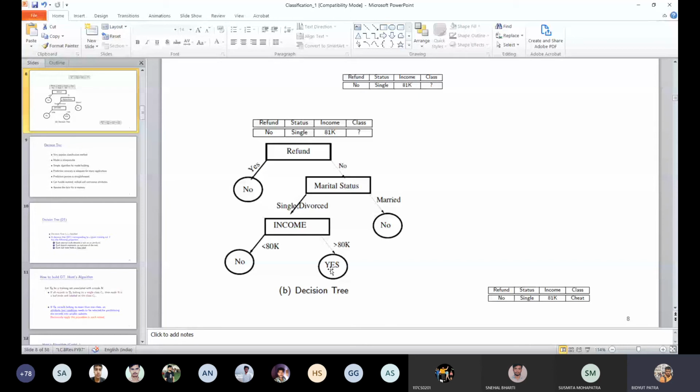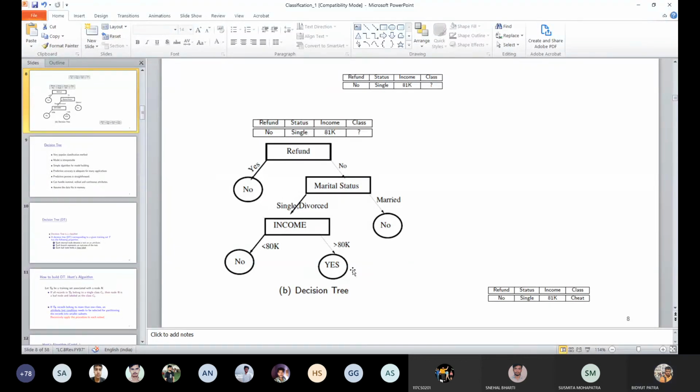If it is not the case, that means most of the records do not belong to a single class. That means records are distributed across the classes. So let's say out of 100 records, while building the decision tree, 100 records ended here, and some of these records belong to class C1 and some belong to class C2. Let's say 50% belong to class C1 and 50% belong to class C2.